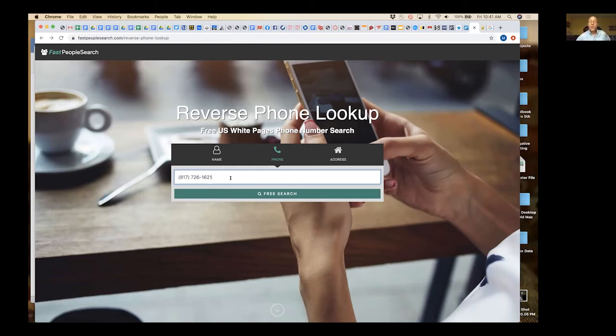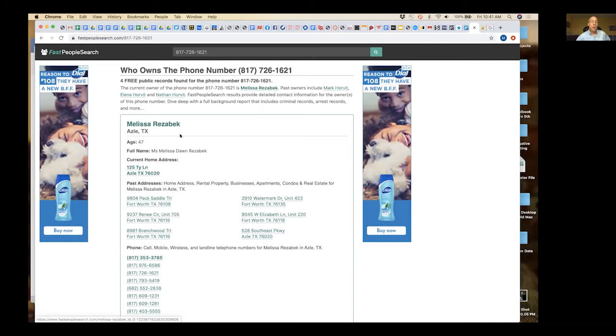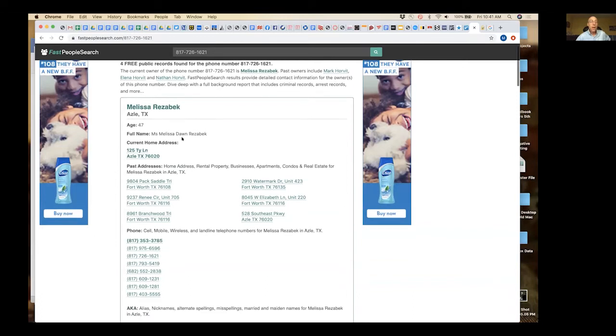So I always search by, if I know someone's email address, I'll search by it. If I don't know it, I'll make up some Gmail addresses thinking maybe that's what it is. Many people use variations on a theme, and see what comes up. So searching for my cell phone number on this free site brings you, first of all, Melissa Rezabak, who had the number before me. I still get calls for her from creditors, and I've had this phone since 2008. But you keep going down,